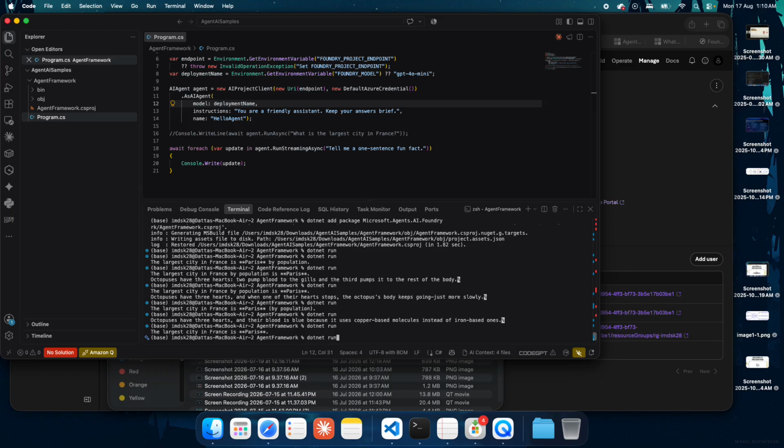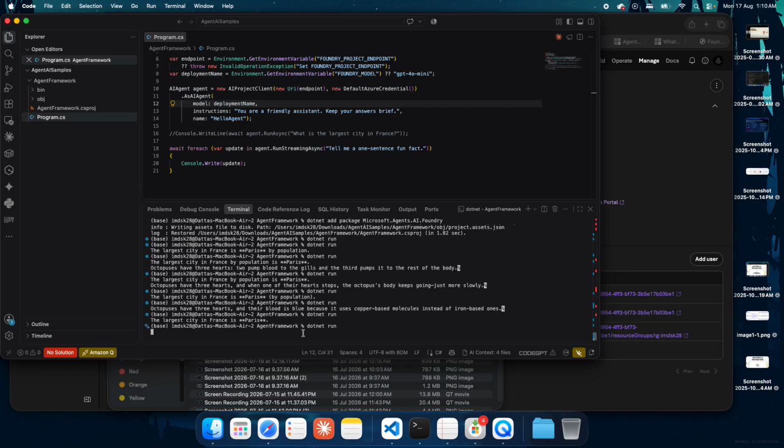Once we run this piece of code, you can see the response coming word by word. That is how we have this RunStreamingAsync method to stream the response we are getting from the LLM, and this can be written to the end user as well.